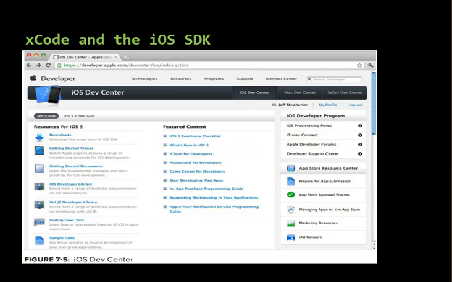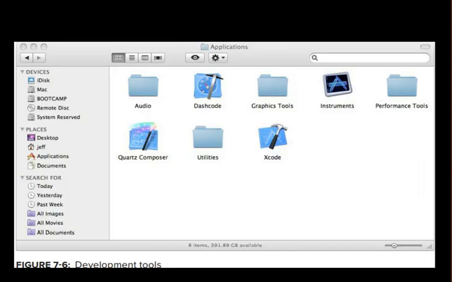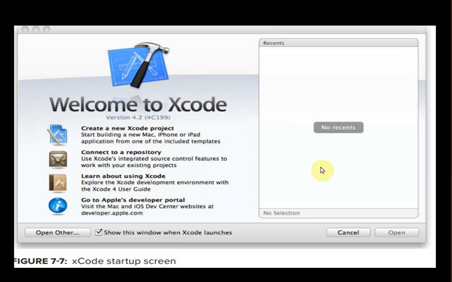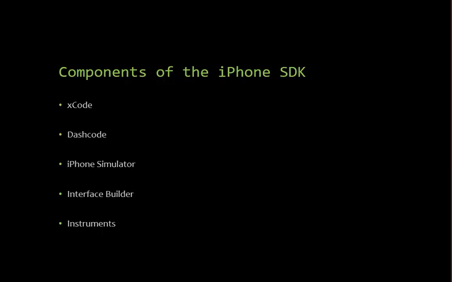Then we spoke about Xcode and iOS SDK. If you are planning to develop an iOS application, then we require this Xcode and iOS SDK. To do this, you have to work on a Macintosh system only. So for that purpose, we are not able to demonstrate this. This should be done on the Mac system, and these are the tools that are available in your SDK. That is, you have Xcode, then you have the dashboard, wherein you can write your code. Here you can start writing your application. And next we also spoke about